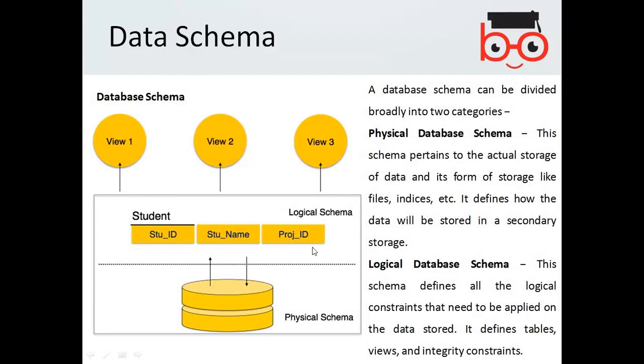So when you are storing the data into the hard drive, that becomes the physical schema, and when you are storing the